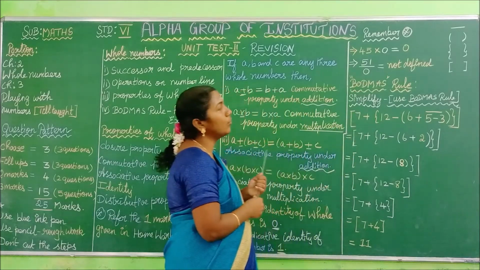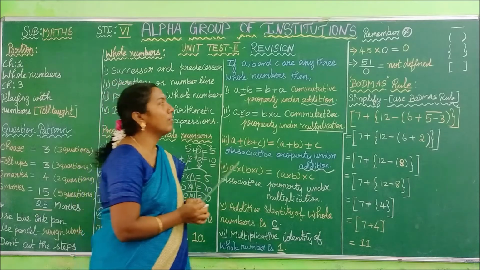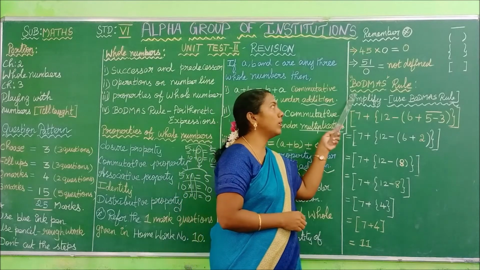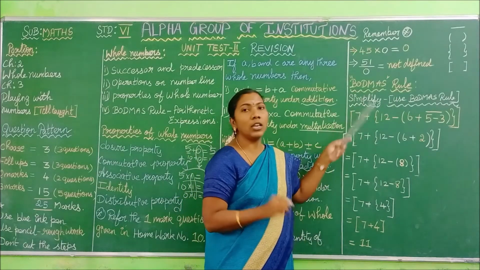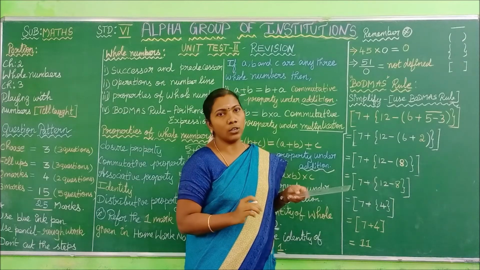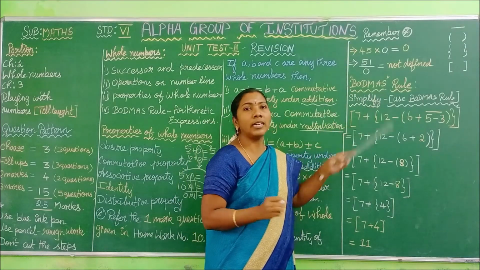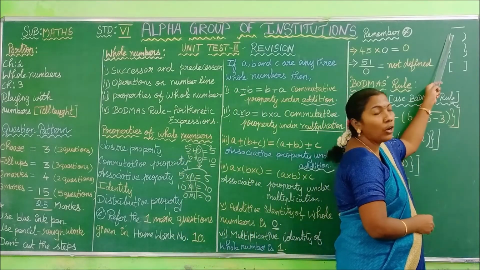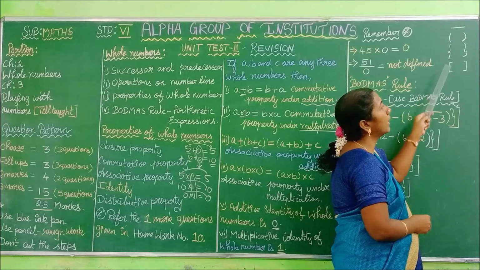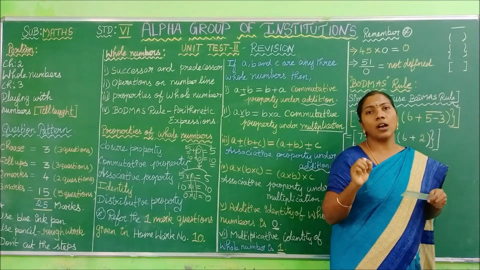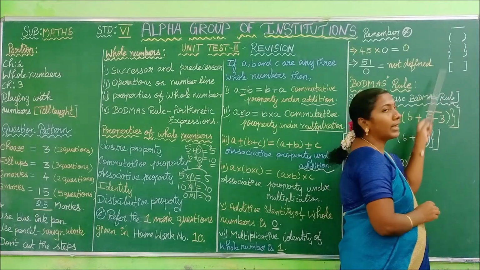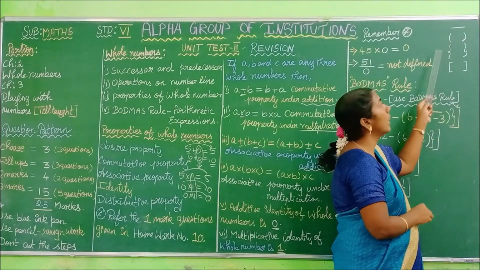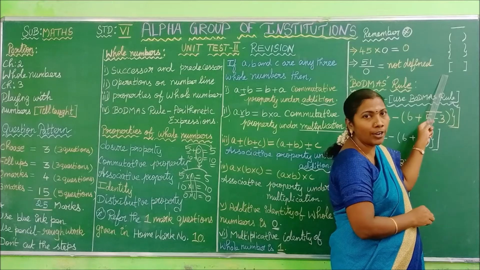Okay, next we are going to revise the BODMAS rule. Why do we have the BODMAS rule? To simplify the arithmetic expression, we follow the BODMAS rule. BODMAS is a clue word to understand the order of operations. Before seeing the BODMAS rule, let us recall the types of bracket. What are the types of bracket we have seen? Vinculum, simple brackets, curly brackets, square brackets. If an arithmetic expression contains such brackets, first you have to evaluate vinculum, and then simple, and then curly, and then square. Okay, do we understand, children?